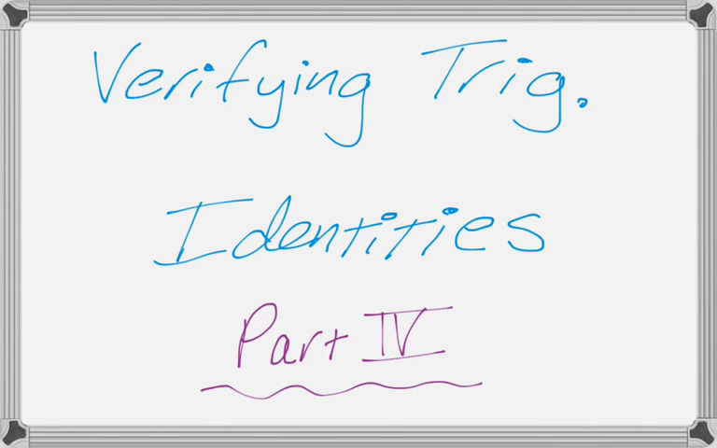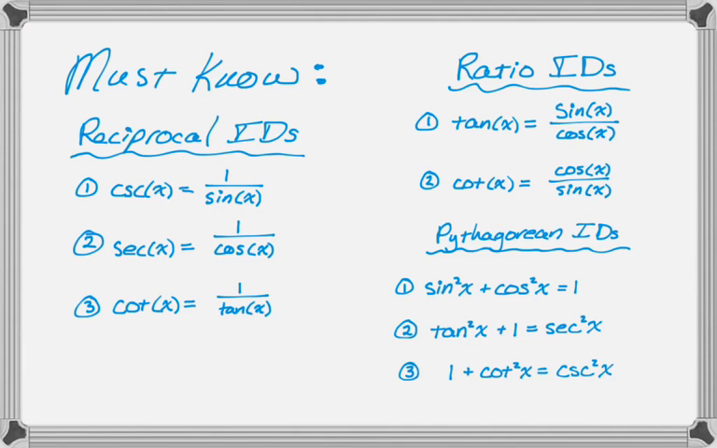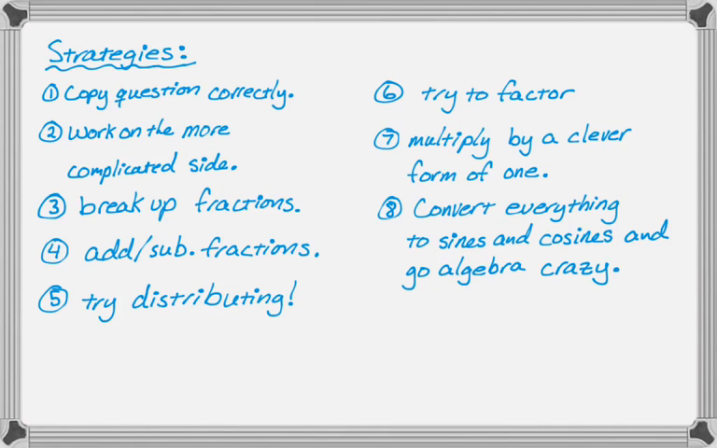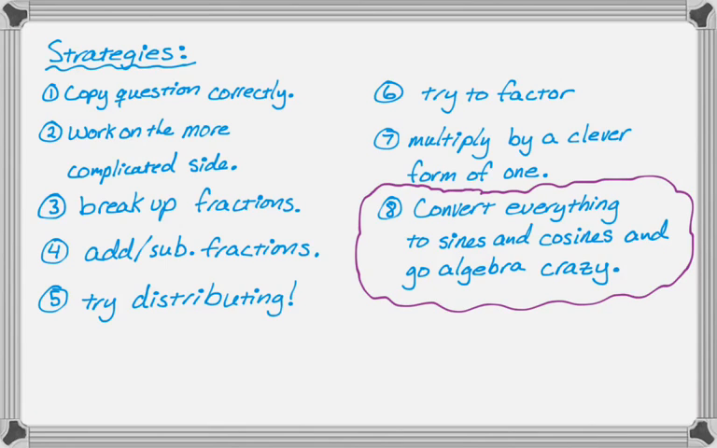Okay, in this video we are going to verify some trig identities again. This is actually part 4 of a series of videos I've been doing. To verify any identities, you really need to know the 8 fundamental identities, the reciprocals, the ratios, and the Pythagorean. In this particular video, it's really important that you know all of them because the strategy we're going to use this time is to convert everything we see to sines and cosines and just do a lot of